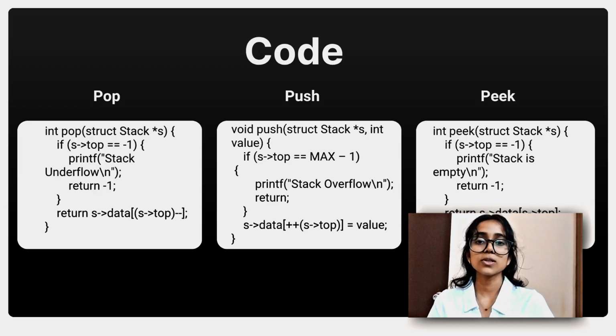Peek. Peek implies simply displaying the top element of the stack. For this, we also need to check if the stack is empty or not, hence again comparing the value of top to -1. If the condition is true, it means stack is empty, leading to stack underflow. If the condition is false, then we just take the value of the top element of the stack using the top pointer.